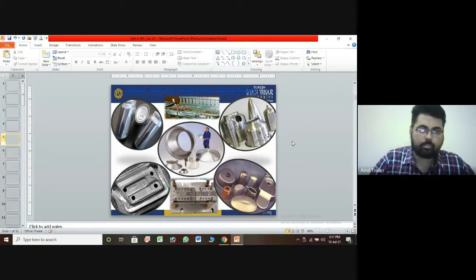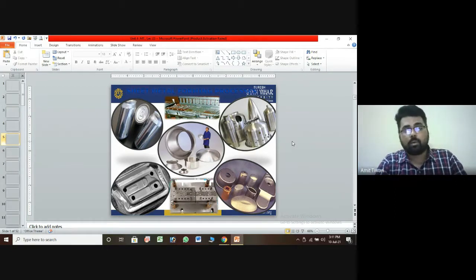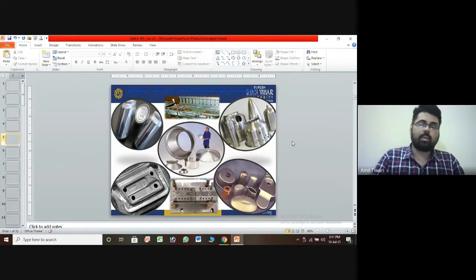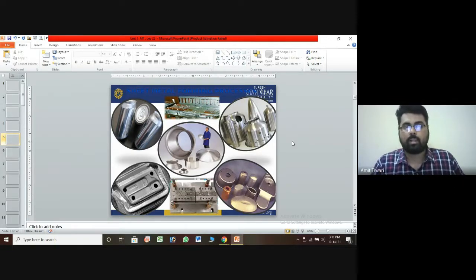Sheet metal forming is now a very commonly used process, and every industry is preferring sheet metal processes because they are very fast and have a unique feature in how they can fabricate this type of metal. You can design such a product by applying initial pressure on the punch, and you can form it.